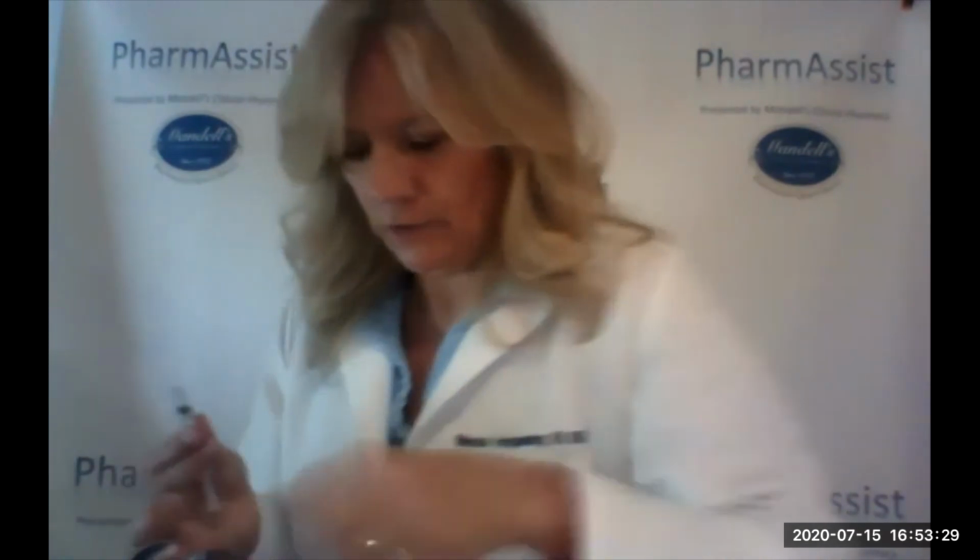Now, once I have it like this, I'm simply going to cap that needle to discard it, because that was my mixing needle, and that's not the one that I'm going to have as a sterile needle to give the injection. So I discard that in my sharps container. In the case of what I have here, I said to you, sometimes your needles could come separately. My needle isn't coming separately, it's attached to another syringe. So all I need to do is twist this one off, get rid of this extra syringe,